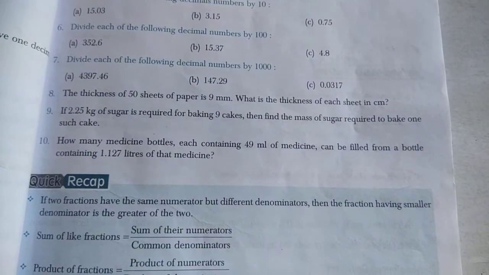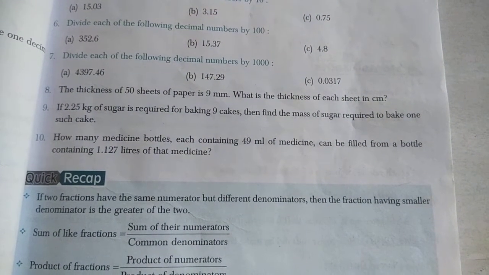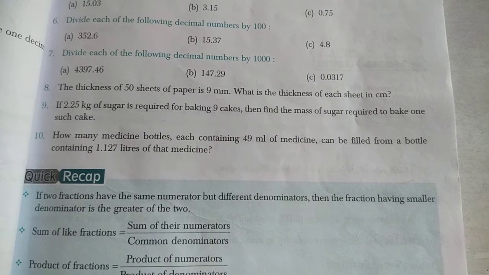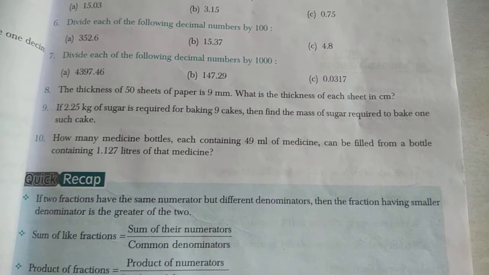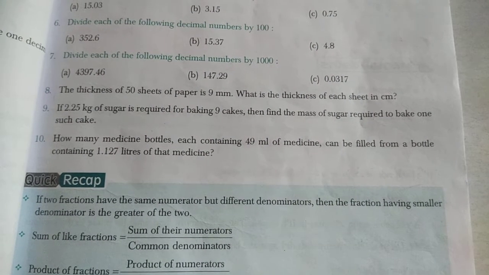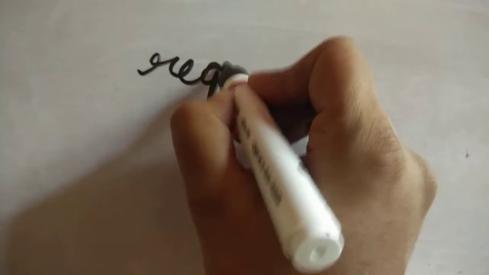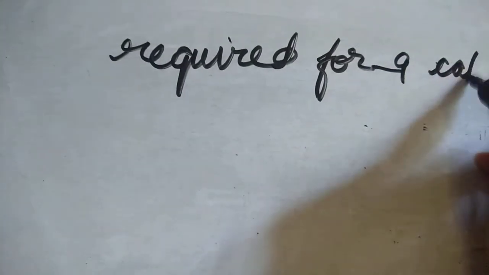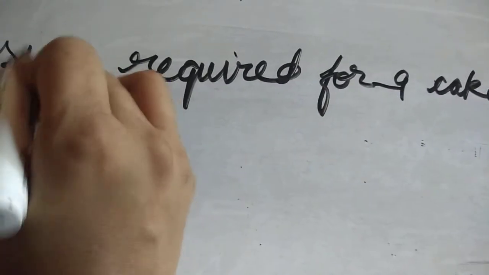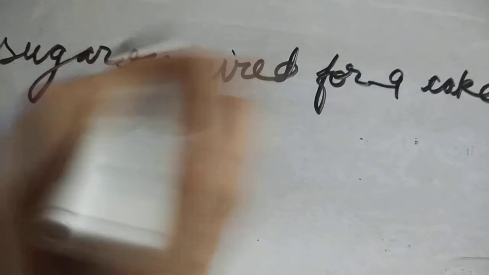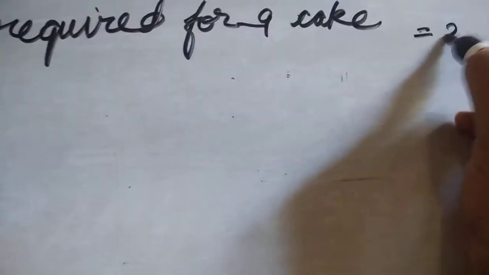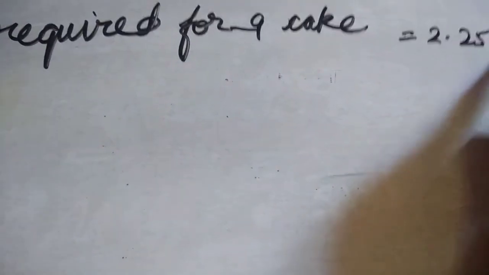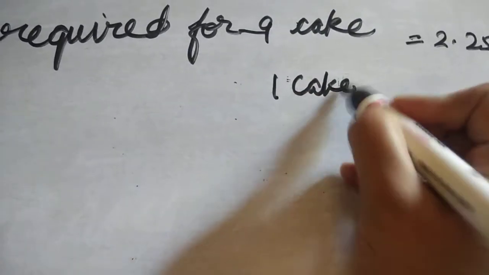In the 9th question, if 2.25 kg of sugar is required for baking 9 cakes, find the mass of the sugar required for baking 1 cake. Sugar required for 9 cakes equals 2.25 kg. So for 1 cake it will be